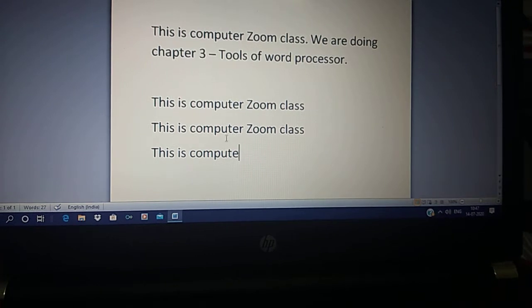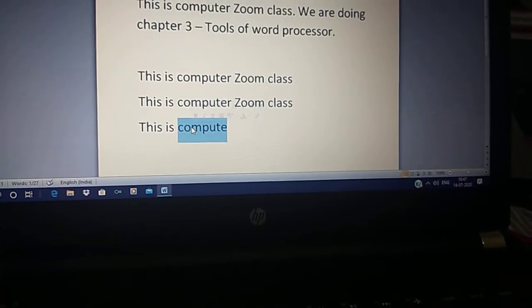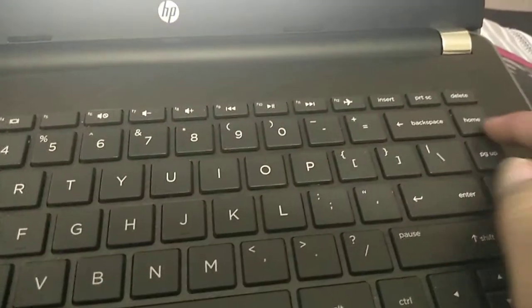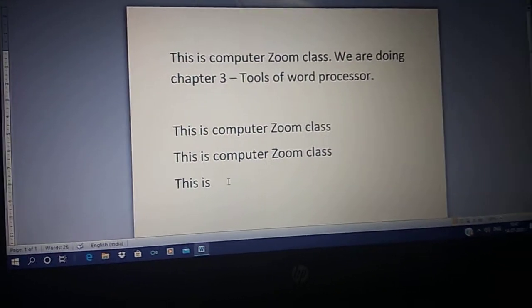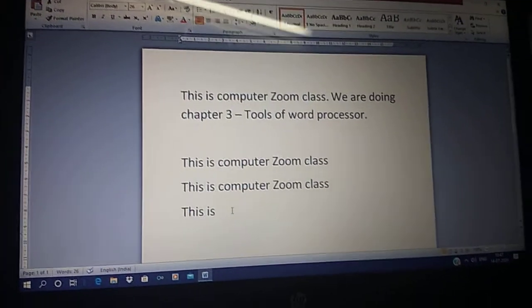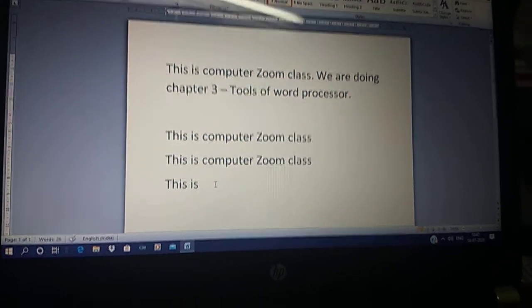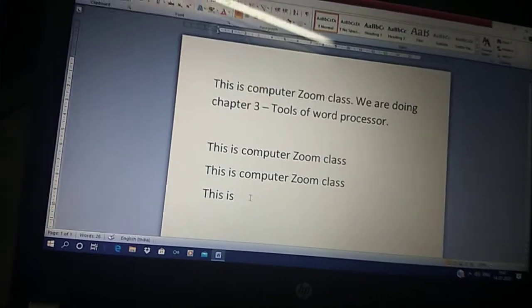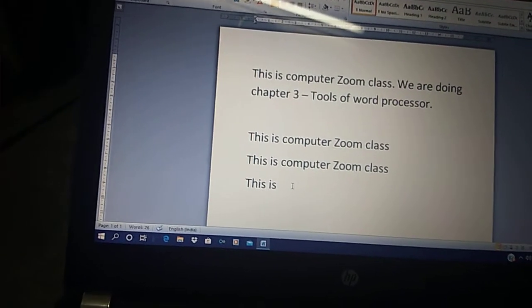And when I place my cursor over here, select the word, press the delete key from the keyboard, then the whole word will be deleted. So backspace key will delete one character at a time, and the delete key will delete the characters which are selected or highlighted.